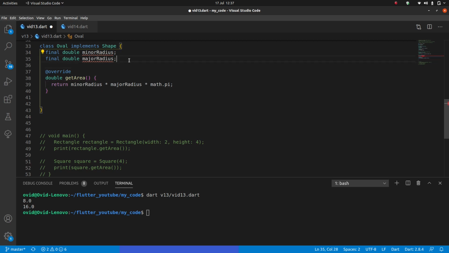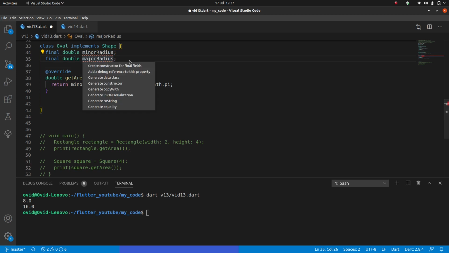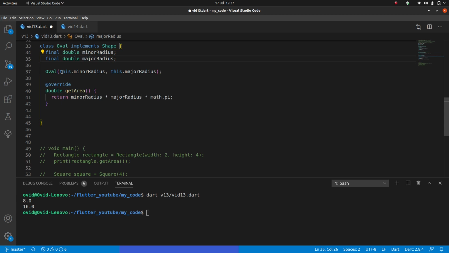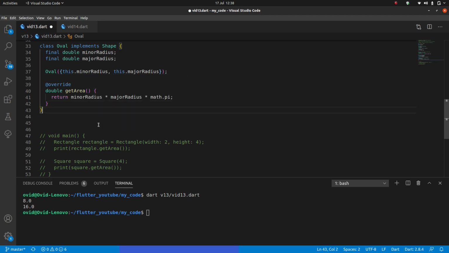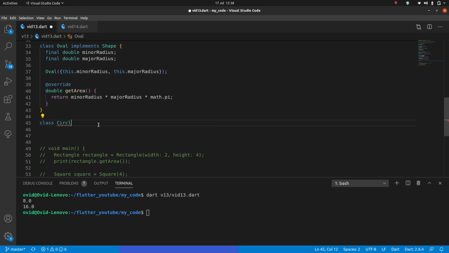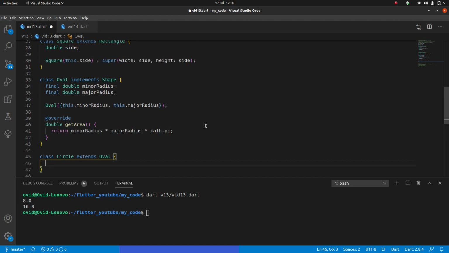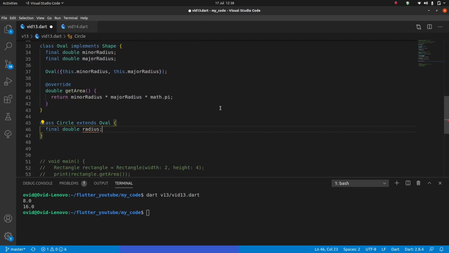And I did forget the constructor. So I'm just going to control click and create constructor for final fields. And this is positional. So instead I will make it named. I prefer named arguments. And that's fine. And then just one final one, class circle extends oval, and this is going to be the same as a square in that I'll take radius instead of minor and major radius, and in fact I'll just control click, create constructor,